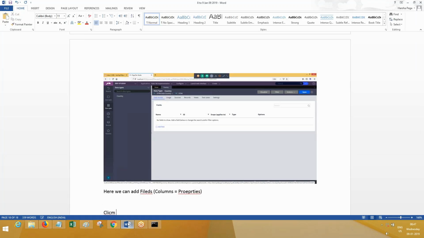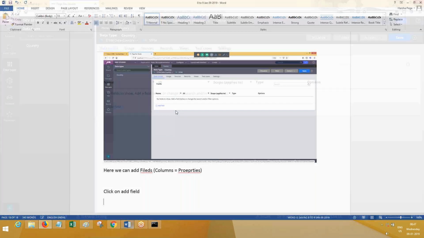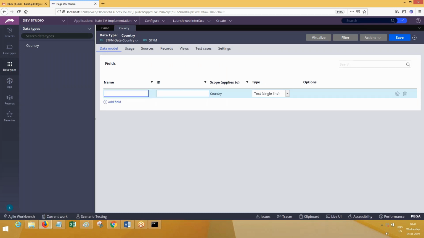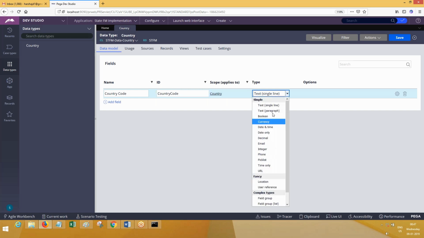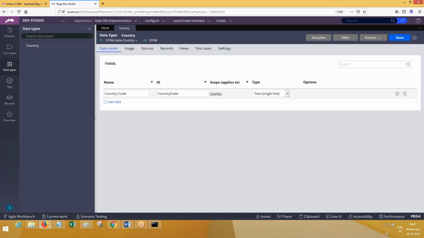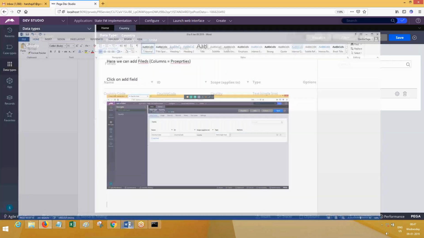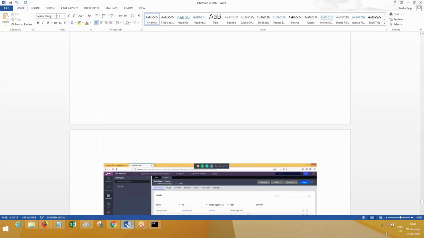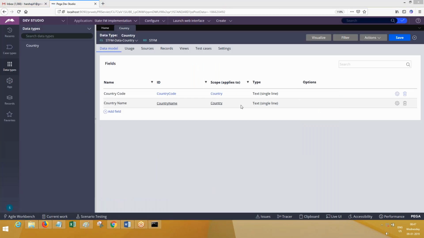So here you go. Click on add field. Columns will have data types associated, I mean to say a property type will be there for each column, like integer, text, something like that. Here also the same thing. Add field. This is country code. The first one is country code, and here, text or integer, which one is suitable? Text, by default it is there, right? Text. Add one more column, that is country name. Country name is also text. Done.